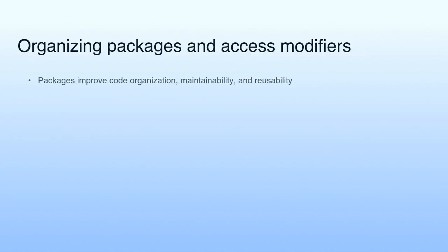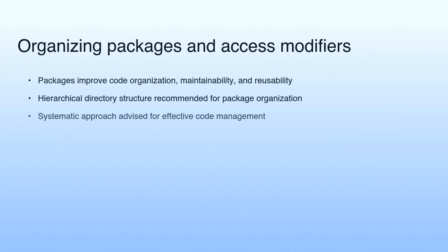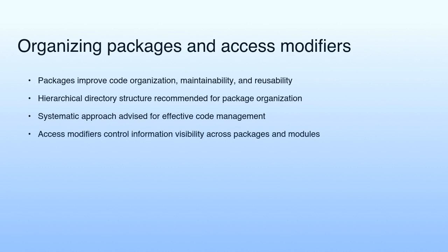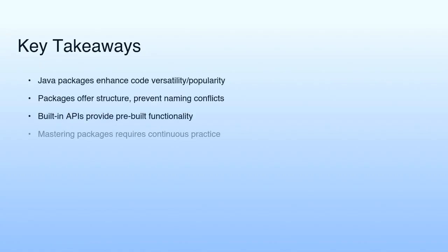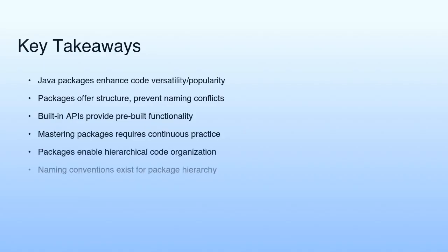Packages play a crucial role in improving code organization, maintainability, and reusability, with a recommended hierarchy directory structure and a systematic approach advised for effective management of code across different modules, while access modifiers control the visibility of information across packages. In summary, Java's packages and built-in APIs enhance the language's versatility and popularity, offering structured code organization, naming collision